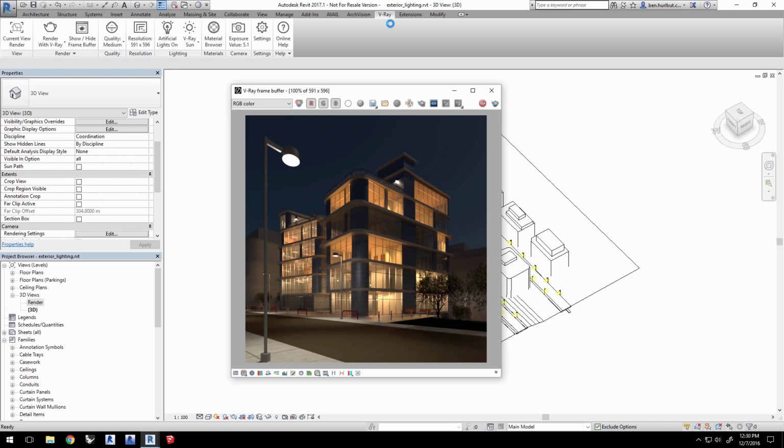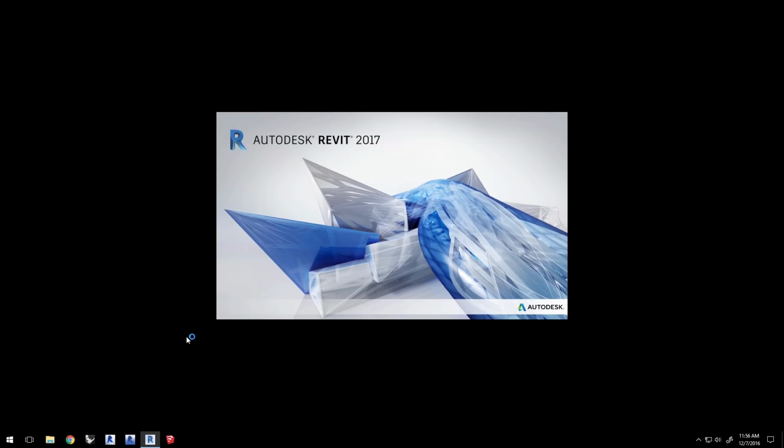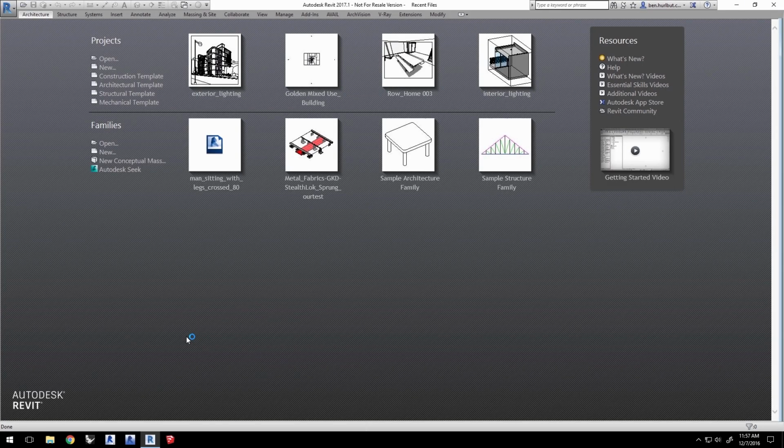Now, I recommend looking through at least that previous video, if you haven't already, to get you primed on general lighting workflow with VRay for Revit. Go ahead and launch your version of Revit. Here we're using 2017. Click Open and navigate to the project